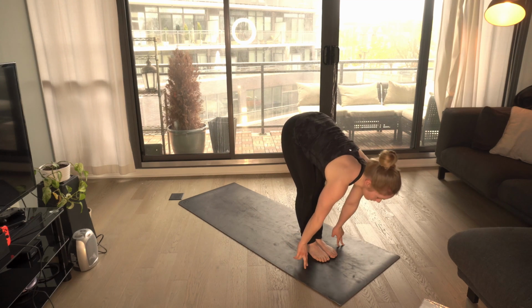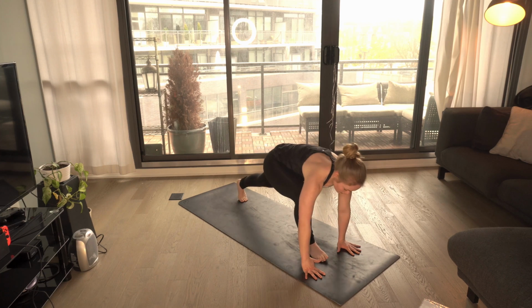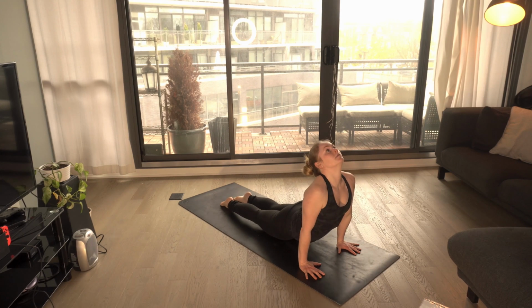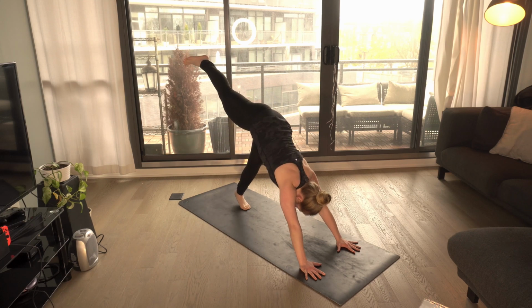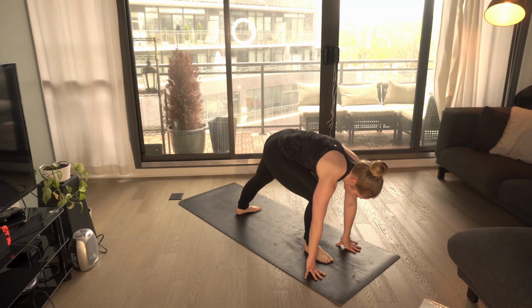1 breath. Inhale, look up. And exhale, step to the back of your mat. Chaturanga. Upward dog. And downward dog. From here, let's step our right foot to the top of the mat, and we'll go into our first warrior